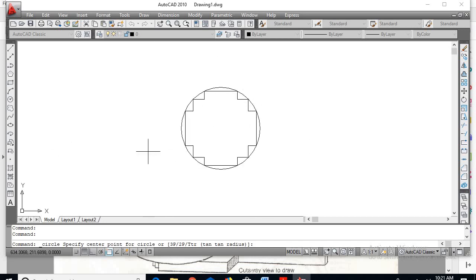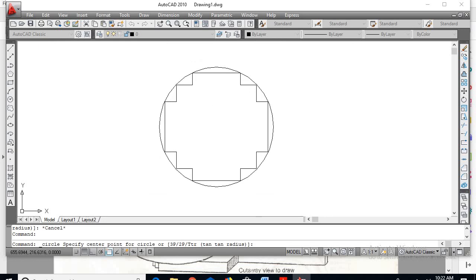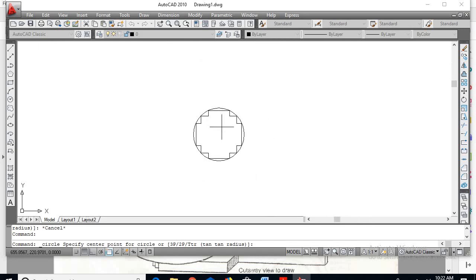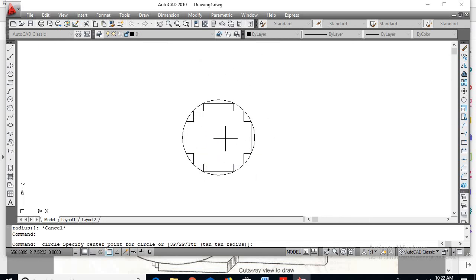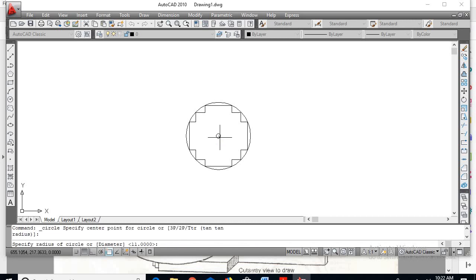If I zoom in and move the cursor, I'll be getting the center point. Yes. So click the center point here. Now type D, enter, type 24 centimeters as the inside diameter of LV winding.